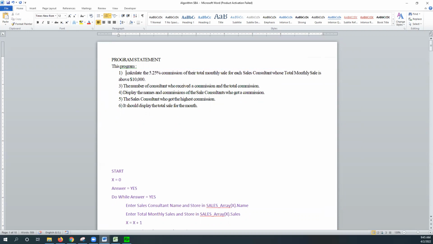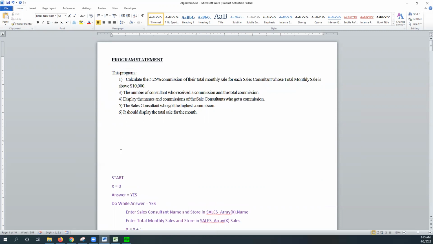calculates the commission, the number of consultants, like the basic thing that your program will do. The way we had it from before was almost like a question, but now you're saying that this is what your program can do. So you're not going to pose it like, please write a program to do this and to do that. And of course,